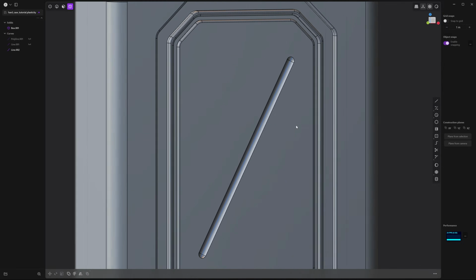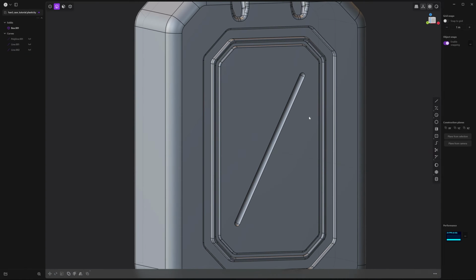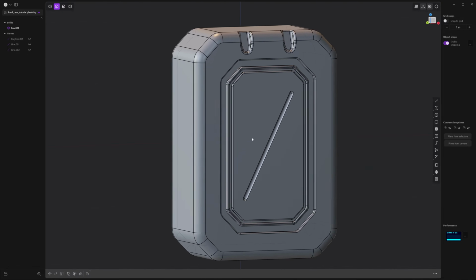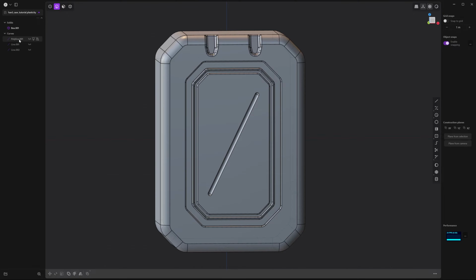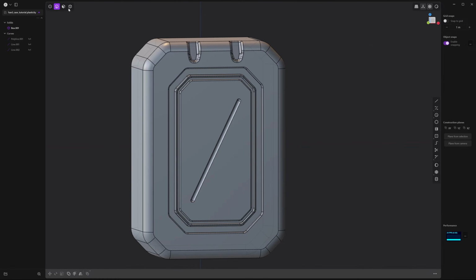Now, sometimes curves get in the way, so press 2 to select that curve, and then H to hide it. And when you hide them, you can see them over here in the outliner. You can organize things and name them. For now, we're not going to organize it too much because we don't have too many elements, but you can bring curves back by pressing on this eye icon if you need them once more.